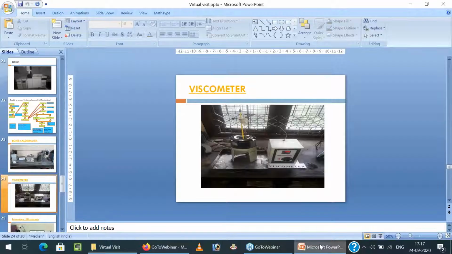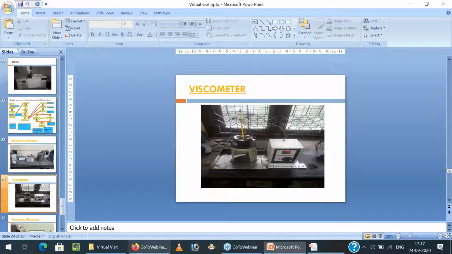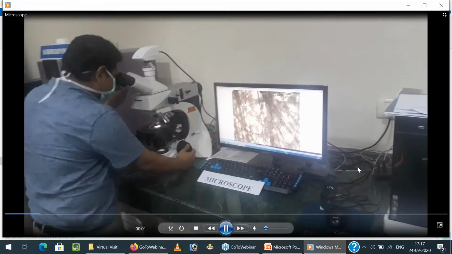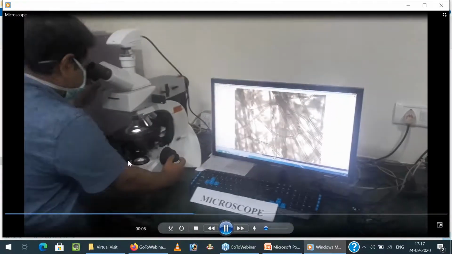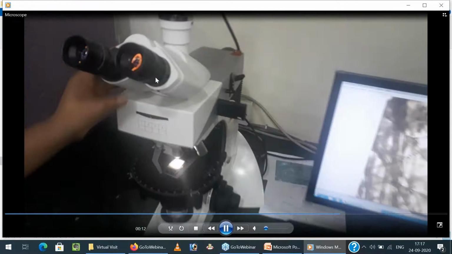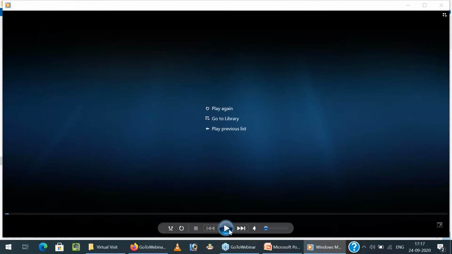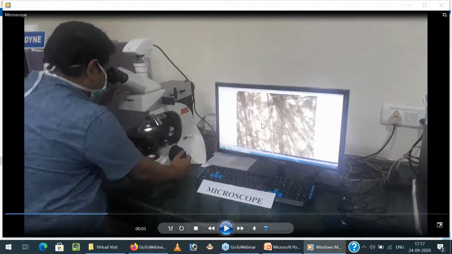Now coming to the next, we have the laboratory microscope. The microscope is just adjusting the focusing, trying to focus. There are two lenses, the object lens and the eyepiece. It's running very fast. He just tries to adjust, and you see in the software there is